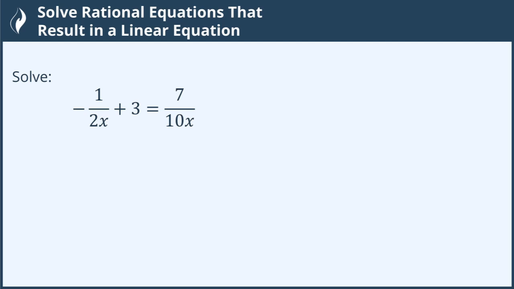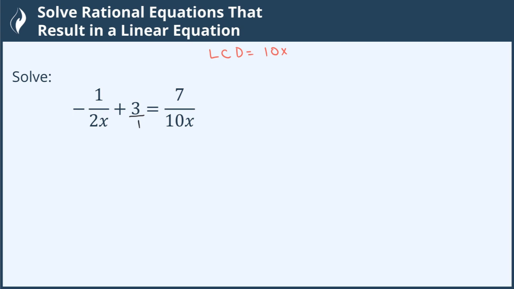All right, so here we have this equation that we want to solve. The first thing we're going to do is find our lowest common denominator. Now 2x will go into 10x, but 10x won't go into 2x. And here, all we have is it's over a 1, but we never write that in. So for my LCD, I'm going to use 10x because it's the lowest denominator that I can use that'll go into all three